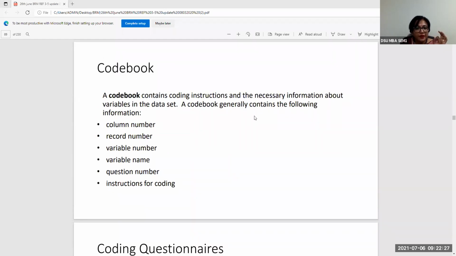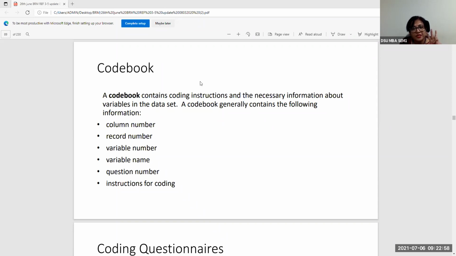So in earlier times, there used to be a code book that we used to keep for each of the research projects that we used to have, and for different types of questions or questionnaires, we used to have different code books. For example, if you recall the Crocin case study, that is the reason why we do case studies in class. If you recall the Crocin case study, there were 3 types of questionnaires which were used. If you remember, questionnaire for the consumers, questionnaire for the doctors, and questionnaire for the chemists, right?